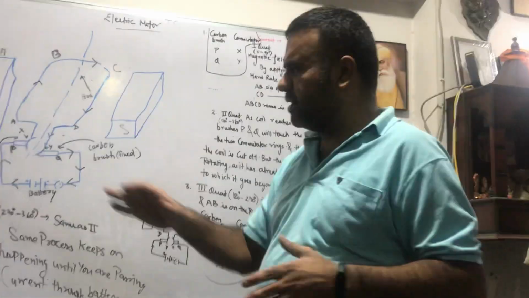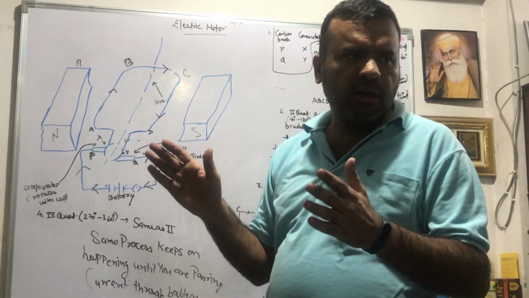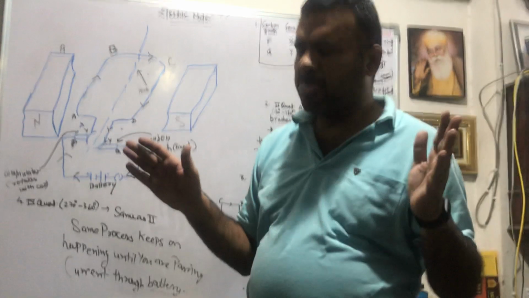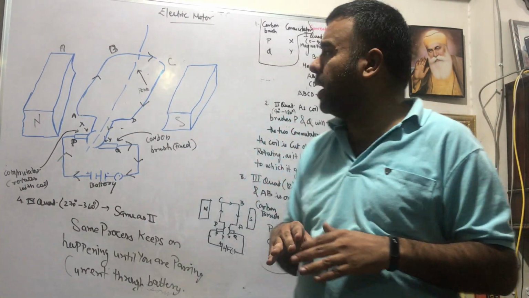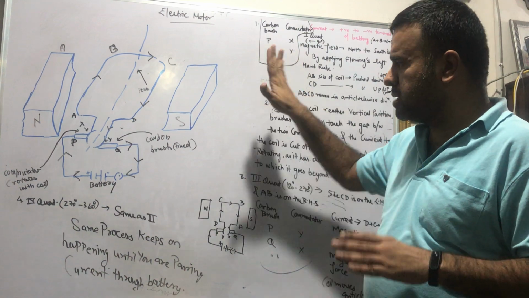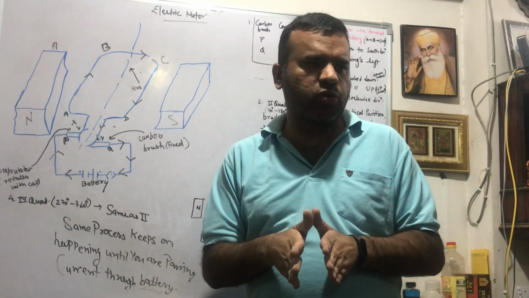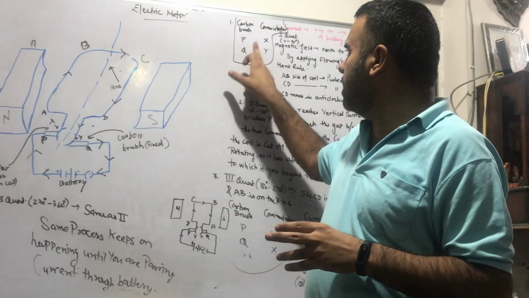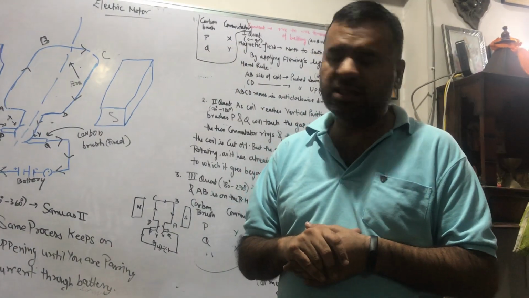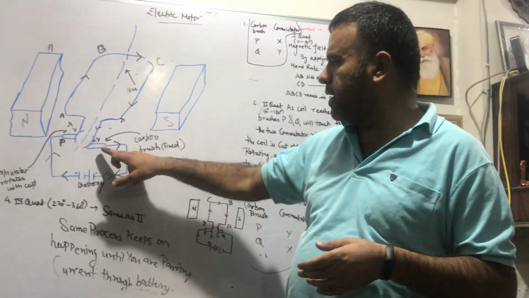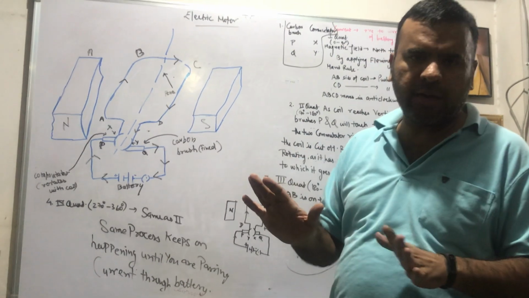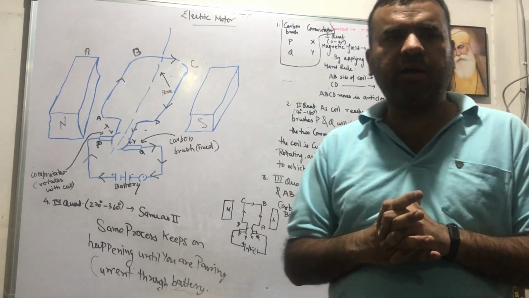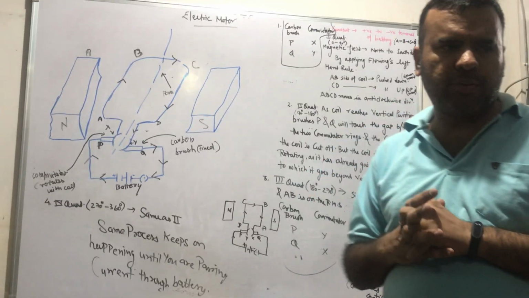You want to add this commutator and this commutator as well as carbon brushes in this, you can add it yourself, right? Now please consider this. In the initial setup, in the first quadrant, carbon brush P is connected with the commutator X and carbon brush Q is connected with the commutator Y, right? According to this diagram, whatever construction we are understanding is according to this diagram, right?